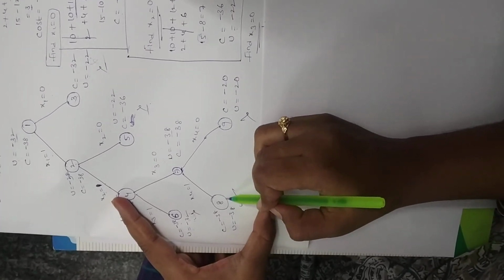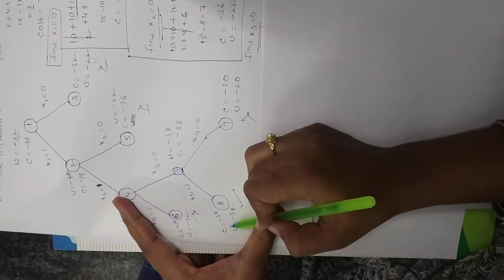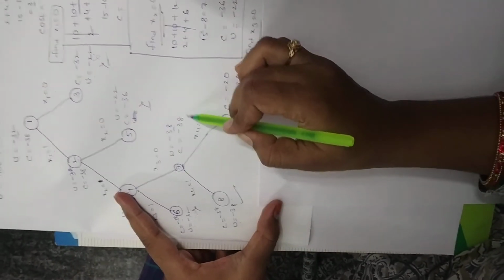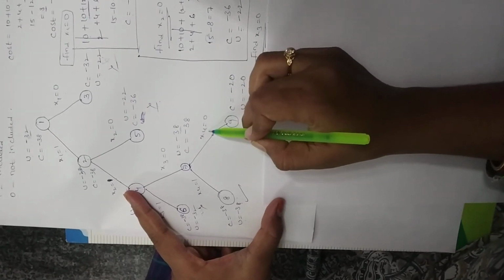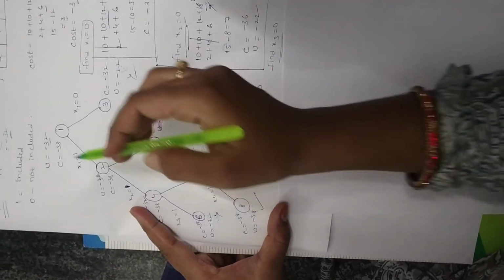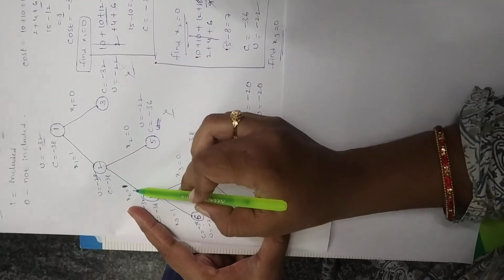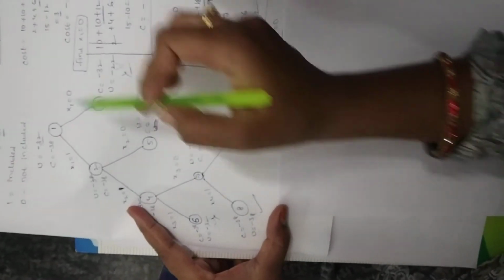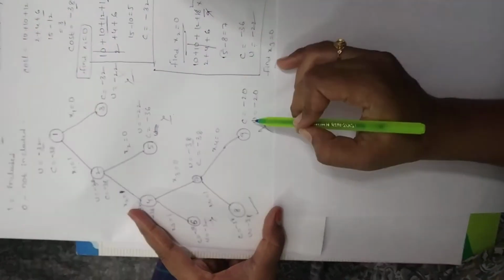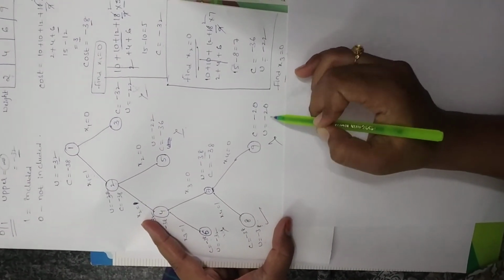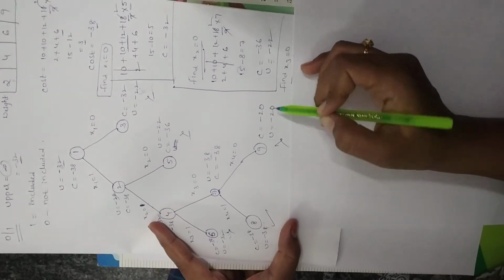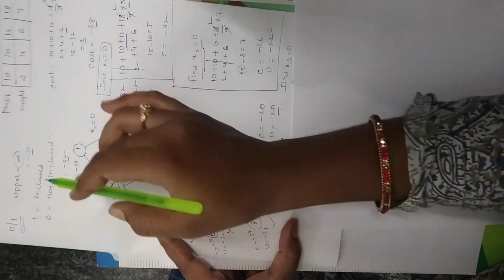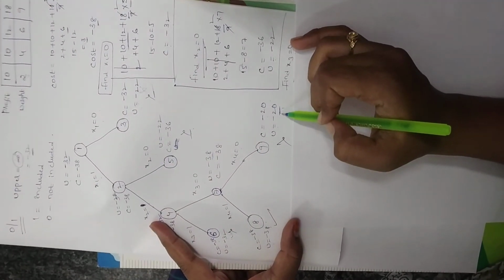For the included case the same values are taken: cost equal to minus 38 only, and upper bound also minus 38 only. Now we calculate the not included case. The first object is included, the second object is included, the third object is not included, and the fourth object is not included. So 10 plus 10 is 20, so cost equal to minus 20 and upper also minus 20. Here the other value is minus 32, and this value is larger compared to minus 32, so we are killing this node.